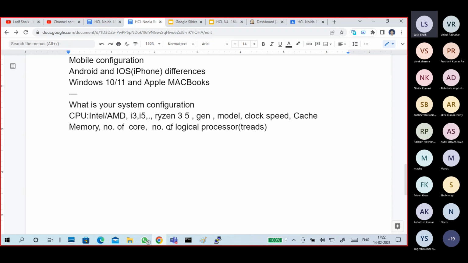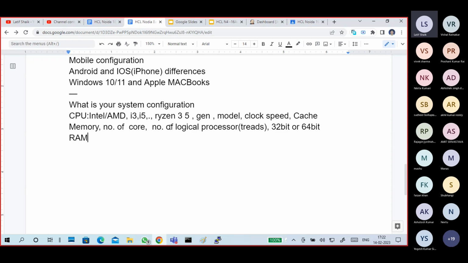Nowadays most processors contain virtualization. Is it a 32-bit or 64-bit type of processor? Okay. Not every detail about a CPU is required. At least you should know the basic details.